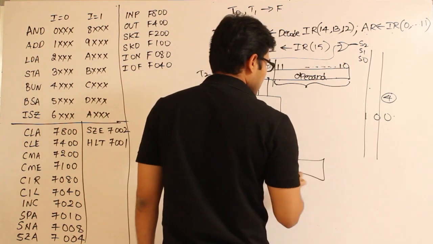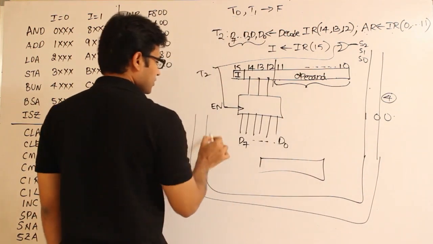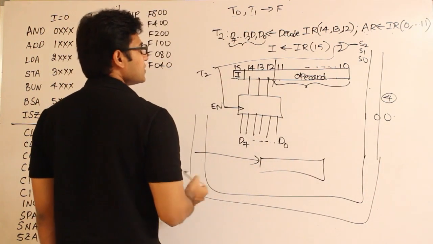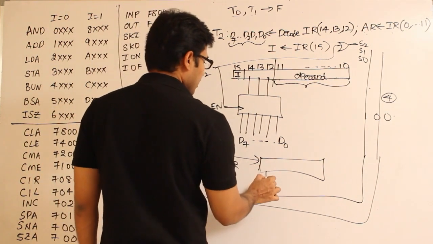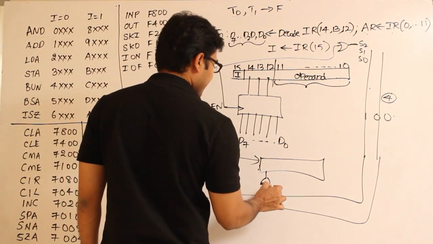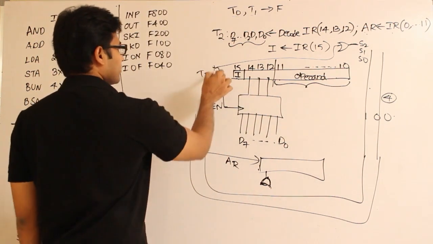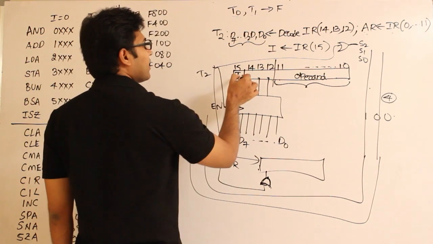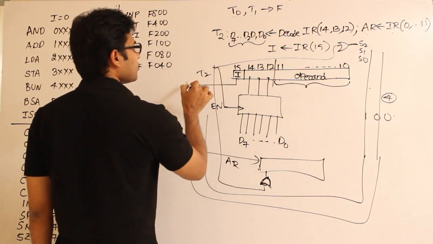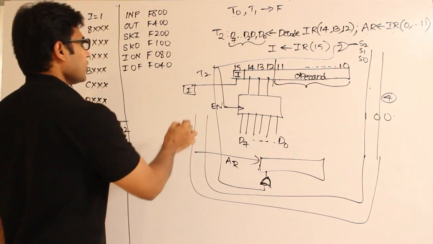And now that bus is also connected to all the registers. Along with the registers, one of the registers is nothing but AR, right? How can I load AR? To the load input, I am going to connect this particular T2. Got it? And similarly, this bit will be directly connected to I, the flip-flop I,